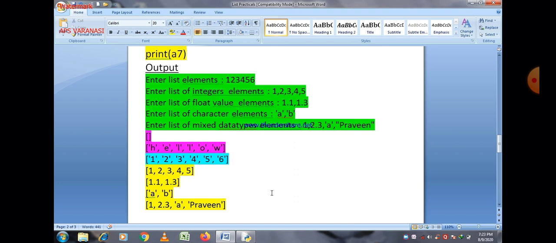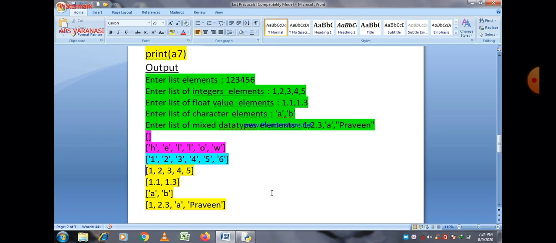The part represented in blue color, basically these are the elements of a list when we declare a list function without the eval function. So see the first line of the output, enter element 1 2 3 4 5 6. We just give a number, and each number of this list is considered as a character. That's why you can see that in blue color 1 2 3 4 5 6 are separated by a comma sign and represented within single quotes only.